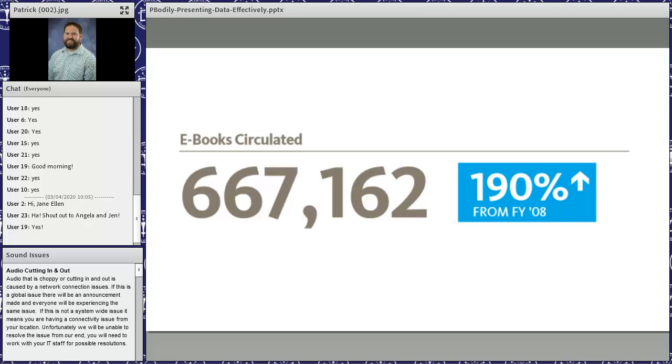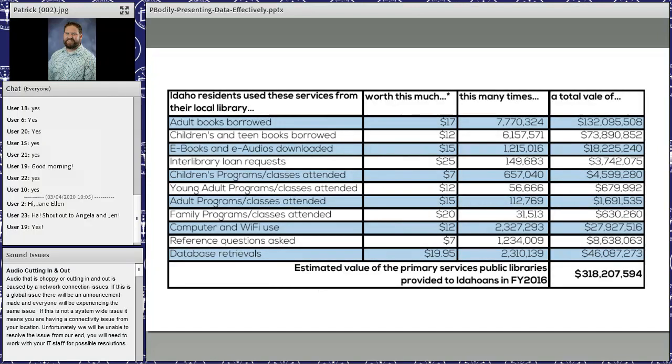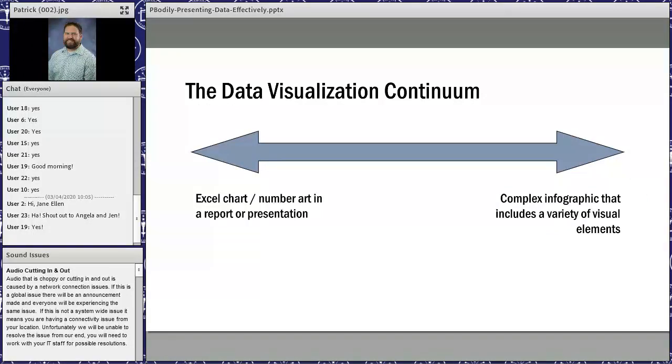You type up a document and you have a little box set aside for key highlights or callouts. This is data visualization, right? You could also create tables in Word or Google Docs or Excel or Sheets, whatever you're comfortable with. And then on the other side of the continuum, things can get a bit more complex.